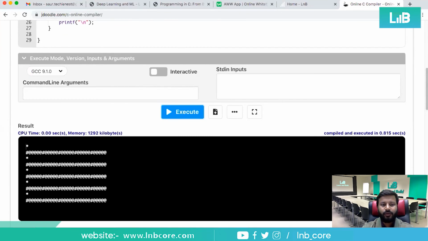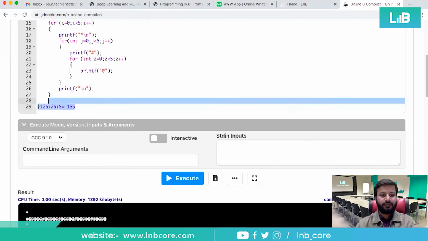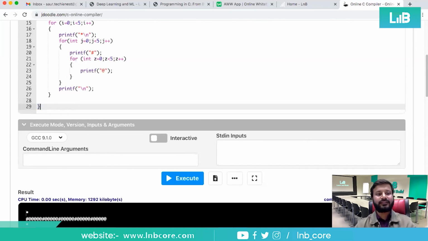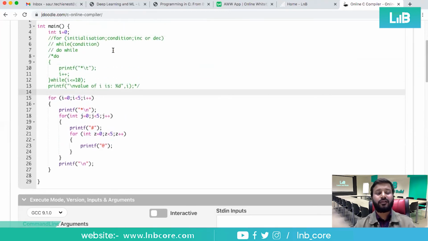So in total, it will be a count of 125 plus 25 plus 5, which means around 155 times these 3 loops are going to run. Any problem, anyone? This is how we can implement nested for. Similarly, we can implement nested while also, and nested do while also.